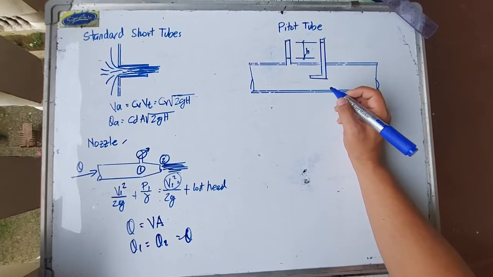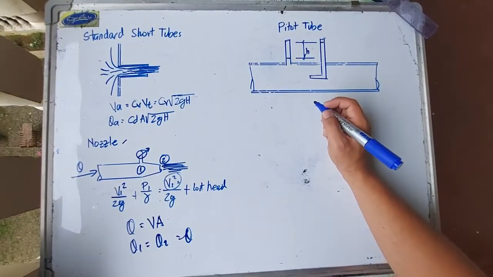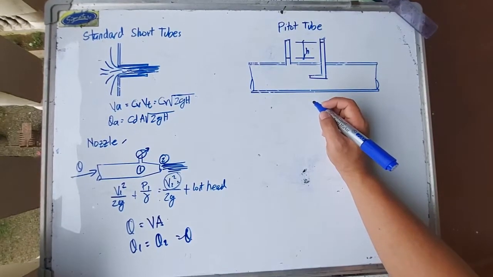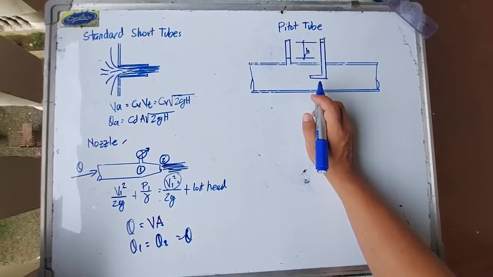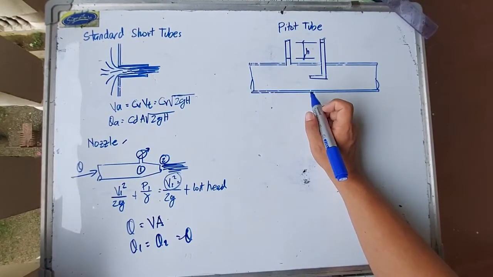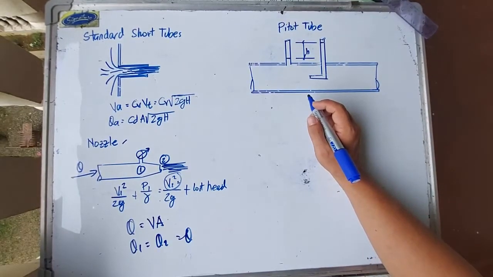The name Pitot is after the French investigator who first used such a device for measuring the velocities of liquids. So Pitot tubes are used to measure the velocities of liquids. For this particular configuration,